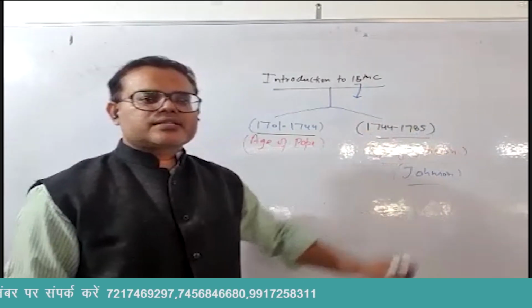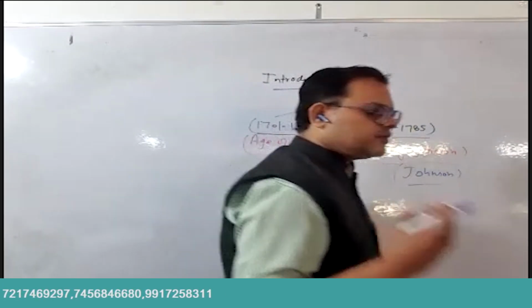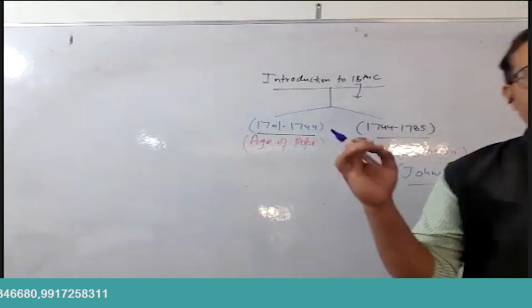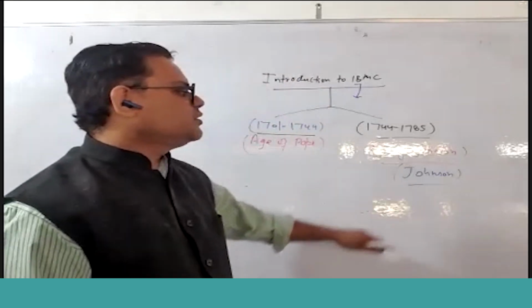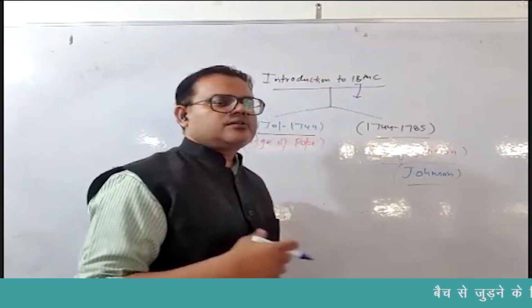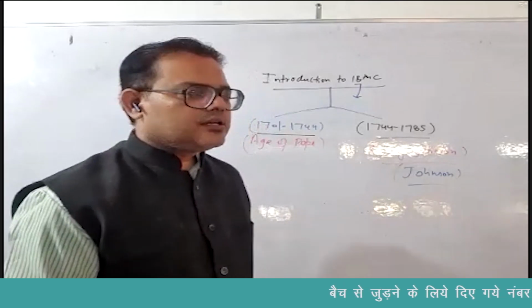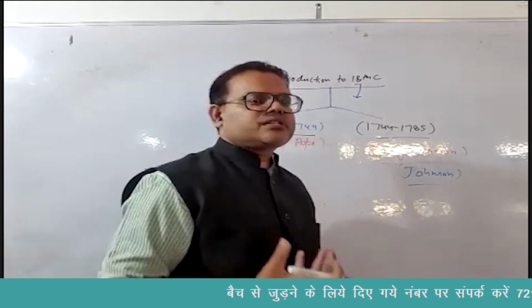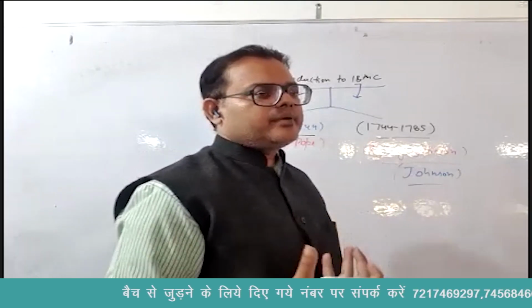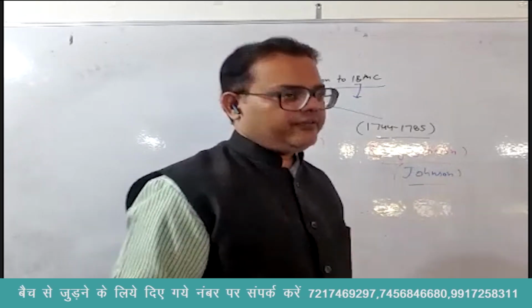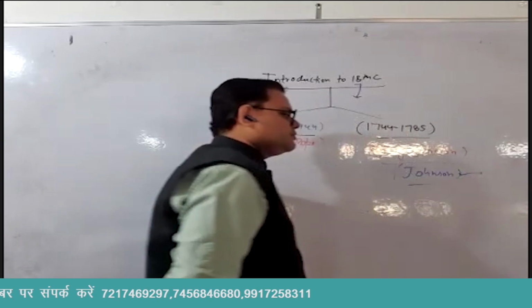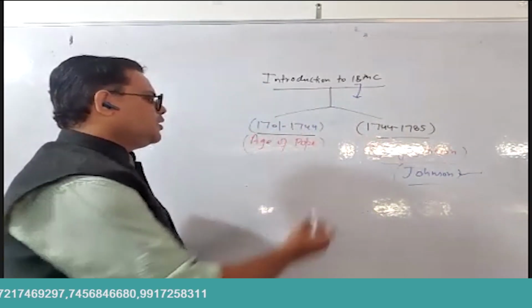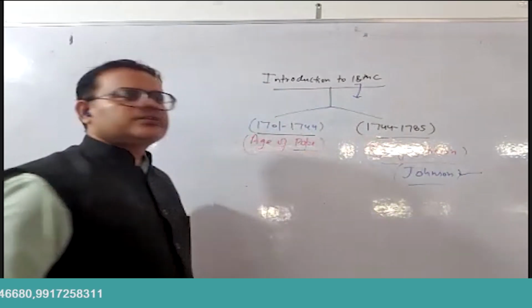I have already discussed that he was one of the most important lexicographers of English literature. In my yesterday's lecture, I touched upon this topic that Dr. Johnson wrote rather the first authoritative dictionary of the English language, which came in the year 1755. All right. So this is the same Dr. Johnson we are talking about. So let us come back to the topic again.